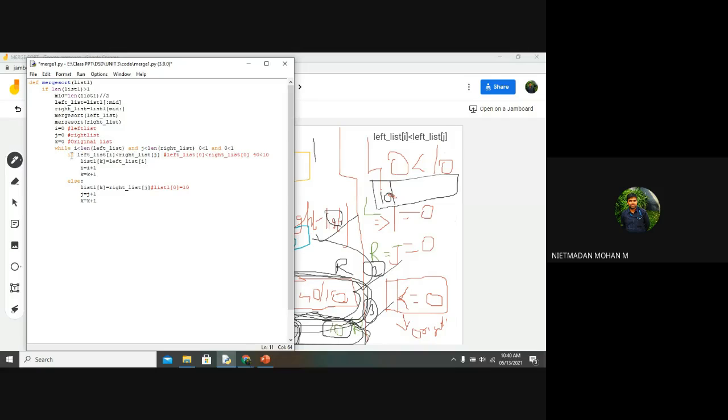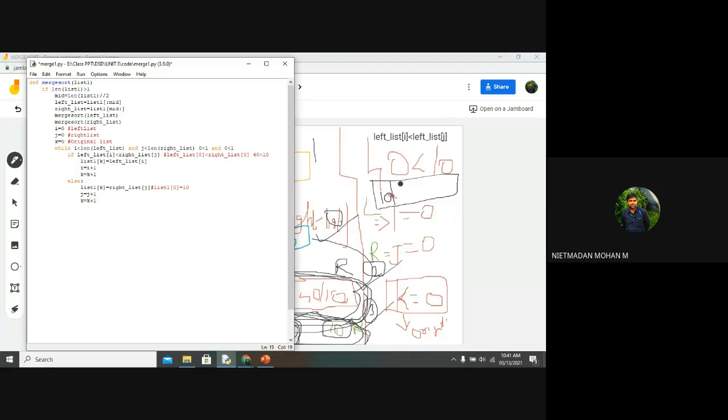And what will happen? This part will be executed. This part will be checking the length, and this will be checking the values. If this condition is not satisfied, it will go like this. Here you can see J will be incremented by 1 and K will be incremented.